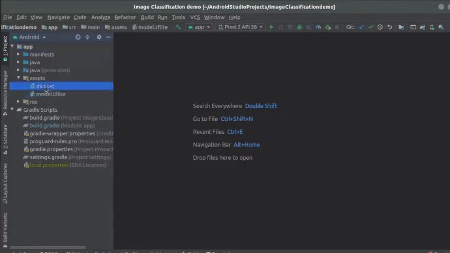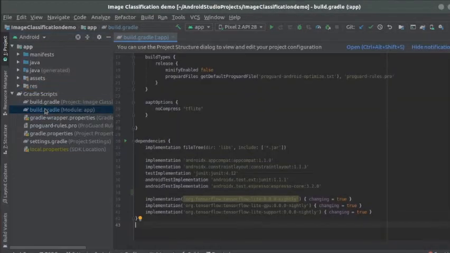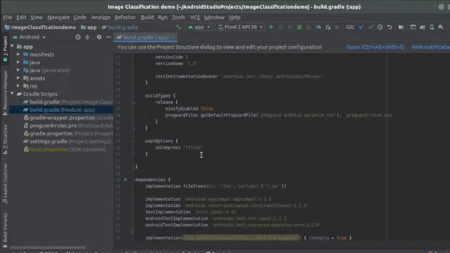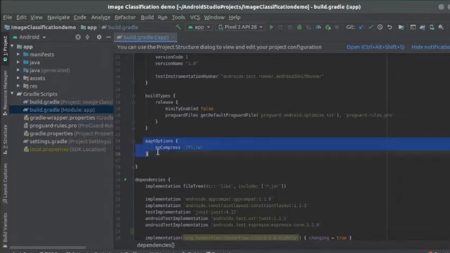After this, you have to add dependencies in your build.gradle app module file. Add these three dependencies to your module file, and also add this no compress option.